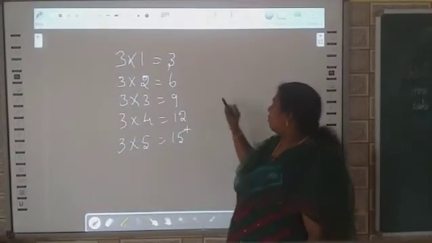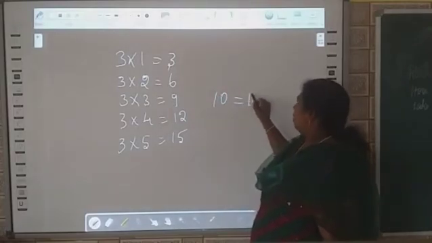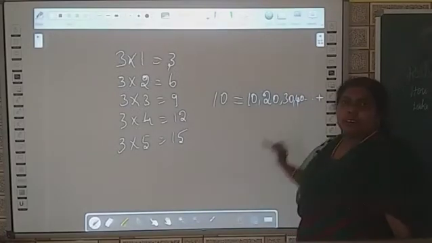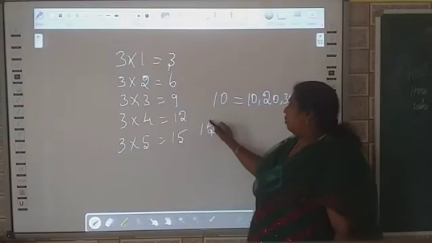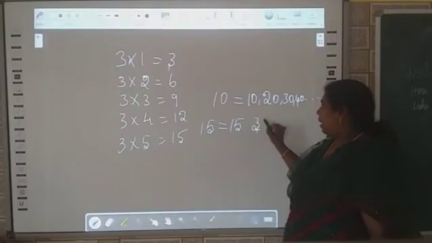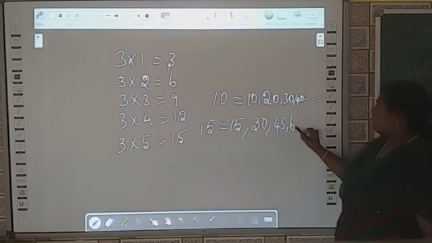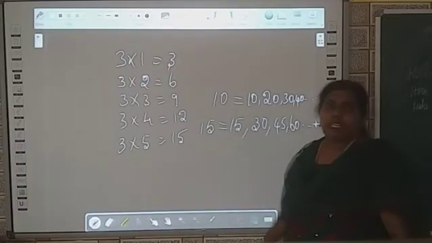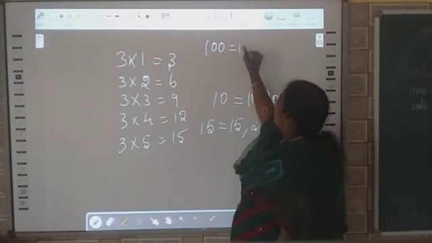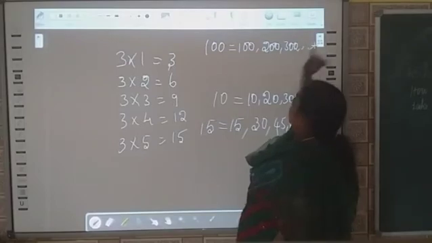Now if I am saying the number 10, multiples of 10, you know how to write. How can you write multiples of 10? 10, then 20, then 30, then 40, etc. Isn't it? Then for example, if I am saying multiples of 15. Multiples of 15 are 15, first number, 1 time, then 2 times how much will come? 30. 15, 30, then 45, then 60, etc. Multiples of 15. So multiples of 100, how can we write? 100, then 200, then 300, etc.